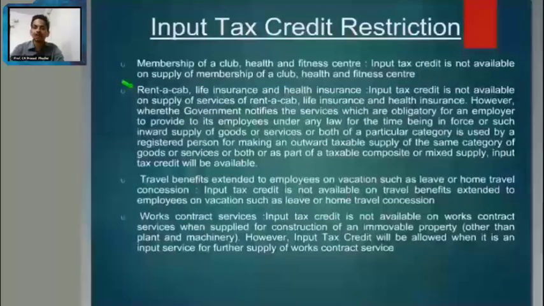Next is rent-a-cab, life insurance and health insurance. So this is again categorized to be for personalized services. And when it is a personalized service, naturally the ITC will not be made available. However, where the government notifies the services which are obligatory for an employer to provide to its employees under any law for the time being in force, then such inward supply of goods and services of a particular category is considered as eligible supply for taking ITC. Only the insurance